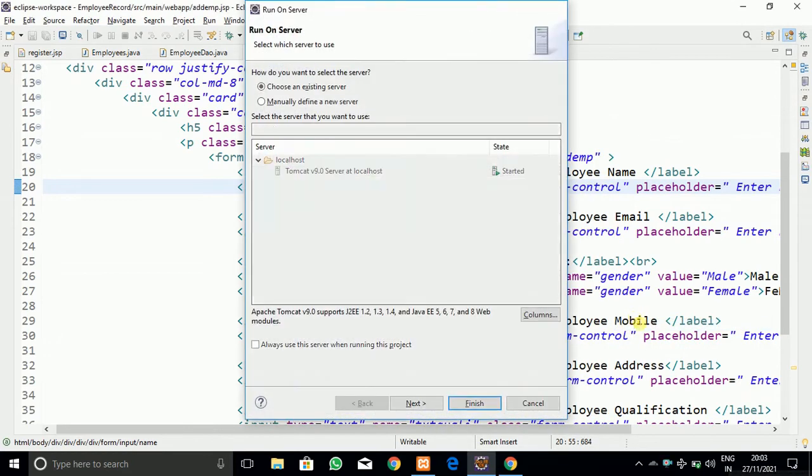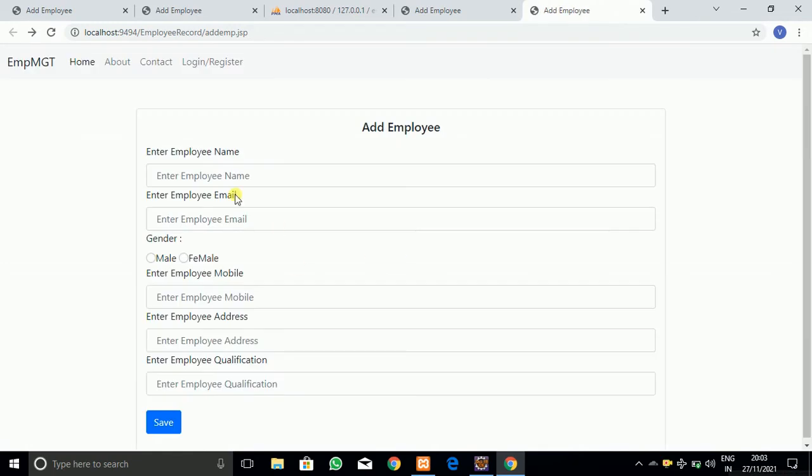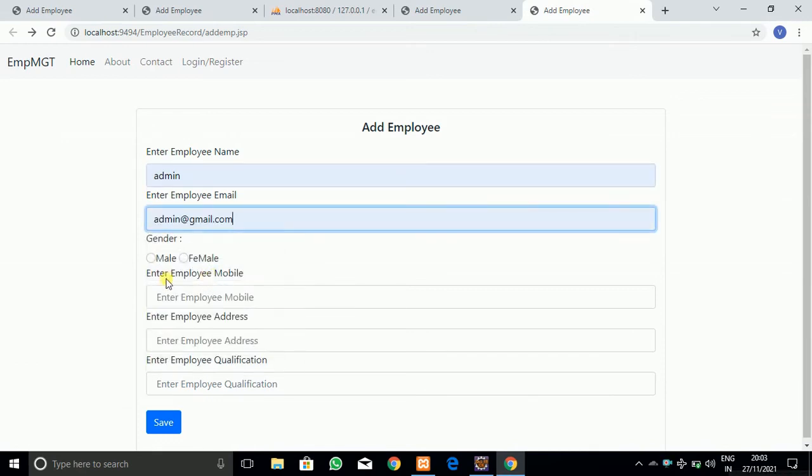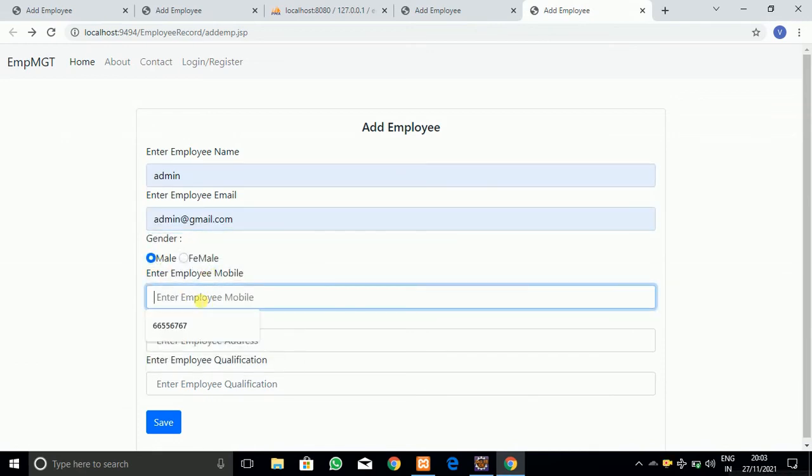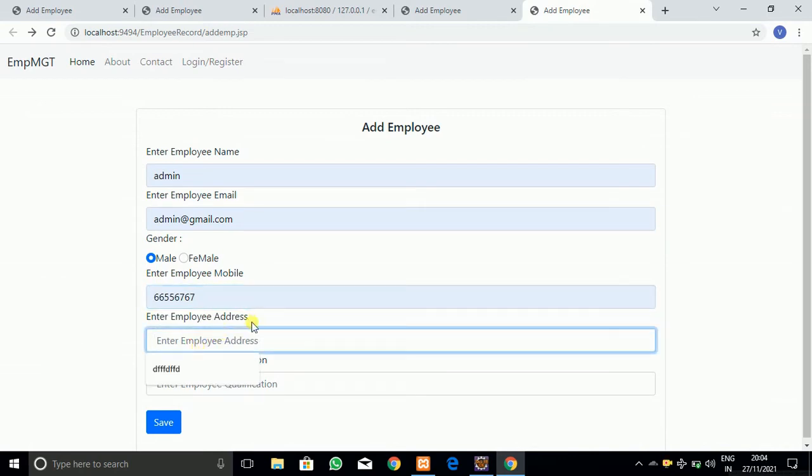So now I am going to run this program, run this add employee.jsp page, and now I am going to add the data into that form, whatever data I am going to add. Let me add it, and then we will see whether the data is going to be inserted or not.